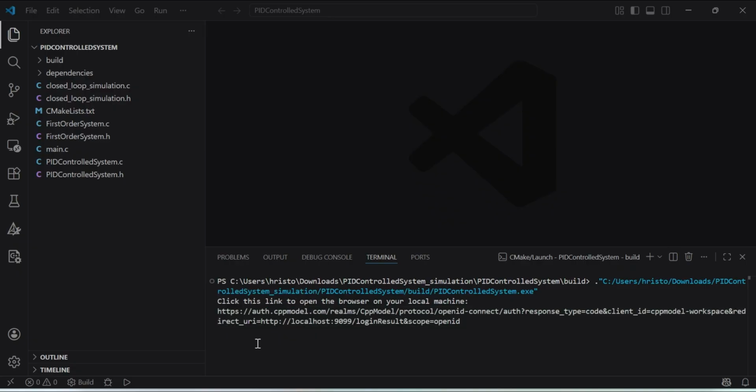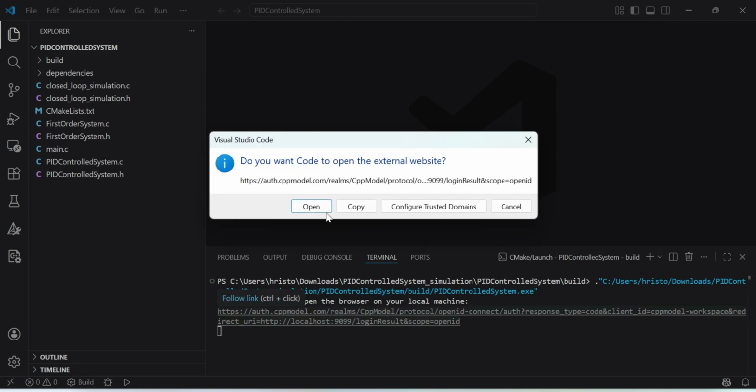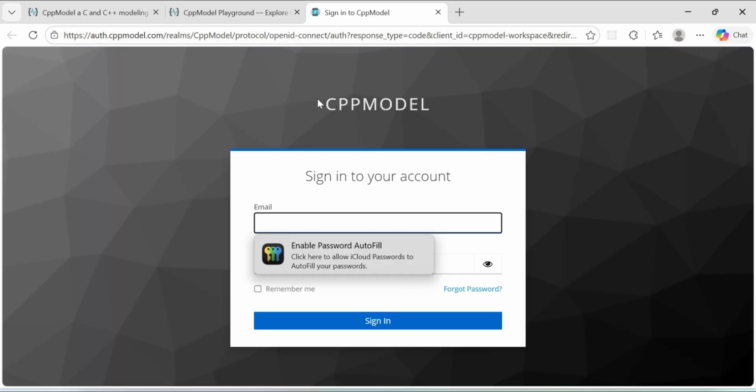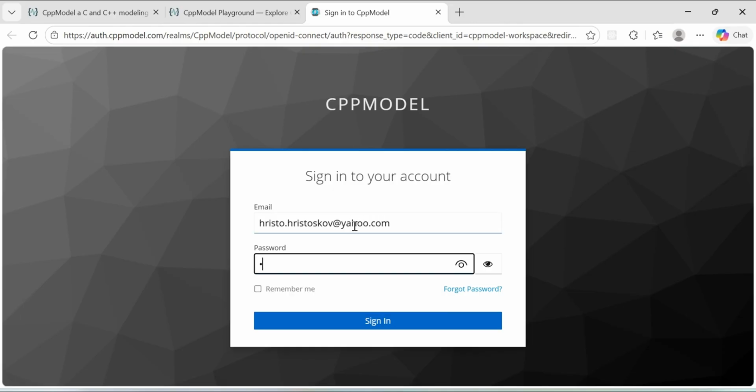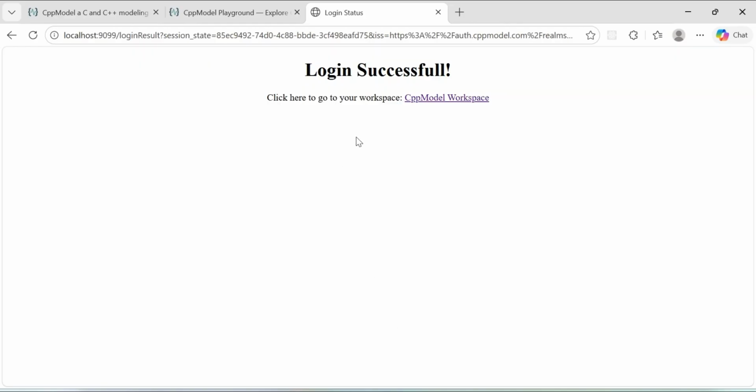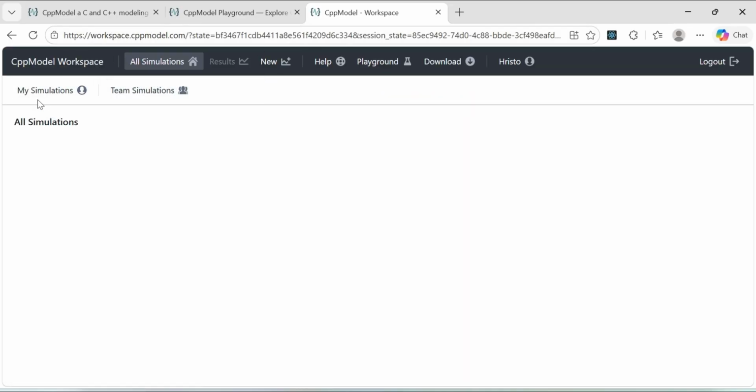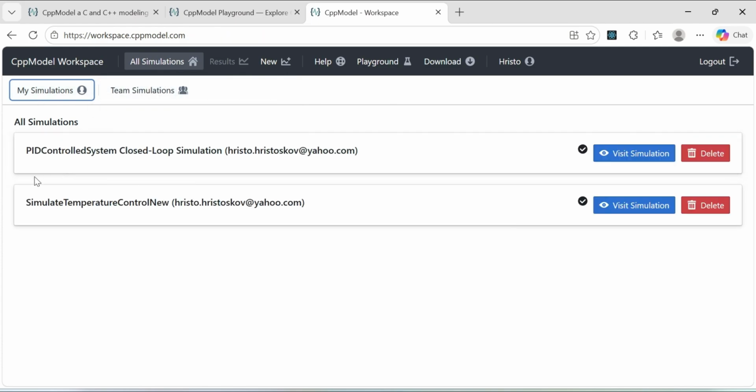The first time you run such a project, you will be provided with a link guiding you to log in to your CppModel workspace. Let's do that. I can just open it from the command line and provide my credentials. On successful sign in, you have a link to your workspace, and in your workspace you can locate the simulation